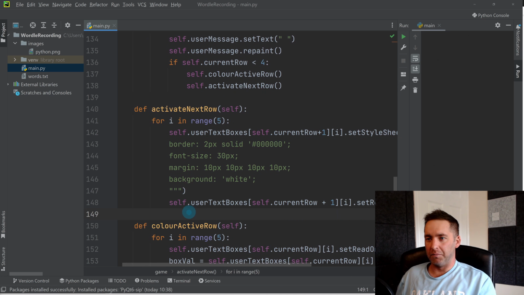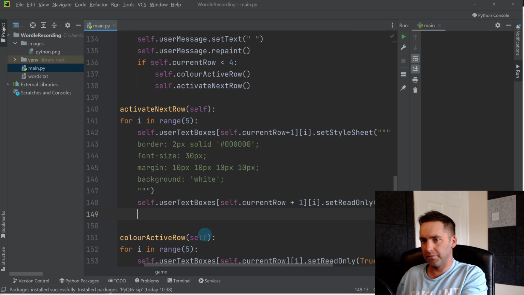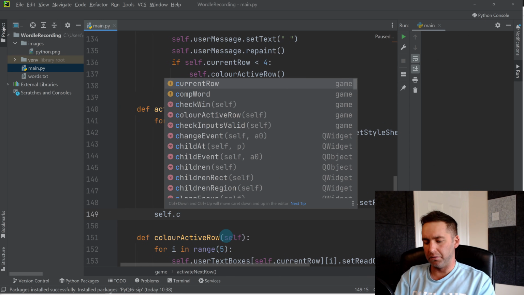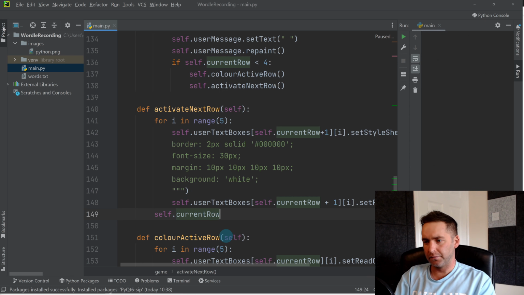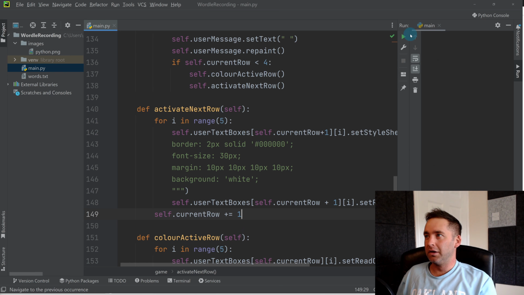Okay, and the other thing we probably want to do at the bottom, outside of the loop, so if we break out of this loop, once it's looped through and done that, we want to do self.current_row += 1. So the next time it runs, it's knowing that the active row is 1, not 0. So when we run it,